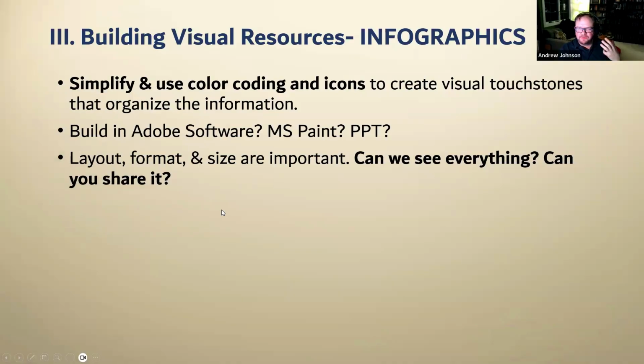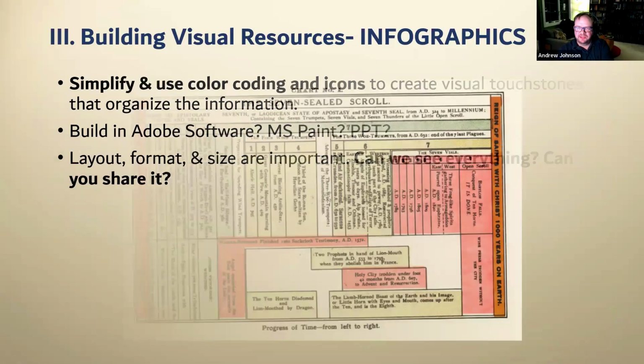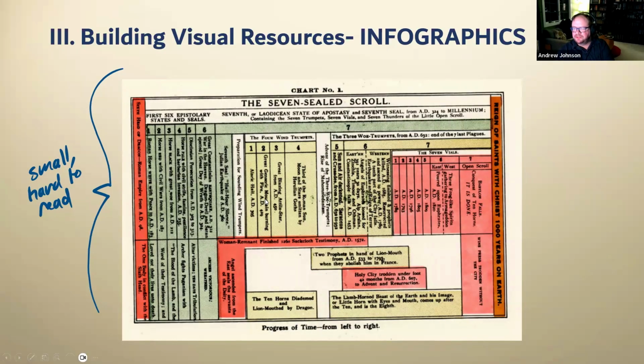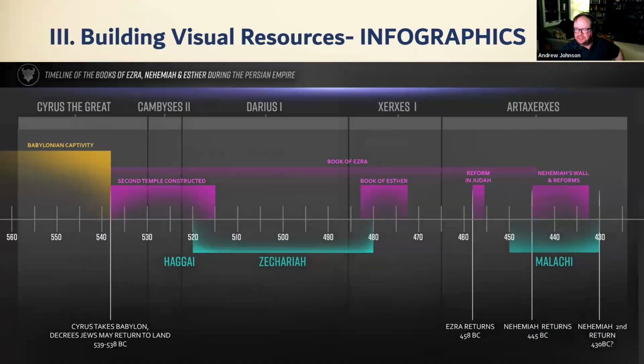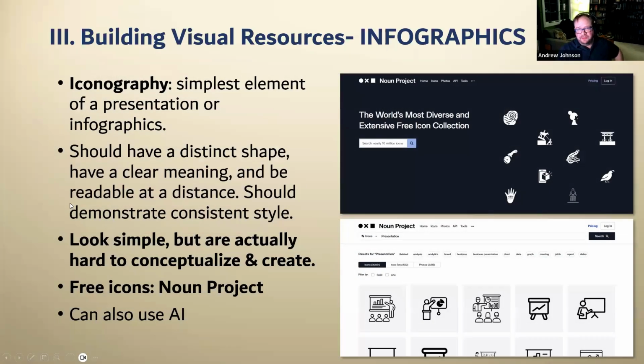I'm not going to really run through infographics so much tonight. I'm kind of skipping over this a little bit because not everybody makes infographics. They don't really happen so much. But I just want to encourage you that if you are doing an infographic, make sure that it's very clear. Make sure that you're using colors to help differentiate different things, shapes to differentiate different things, and iconography to differentiate different things. I do just want to take a moment to say that iconography is deceptively difficult to put together.